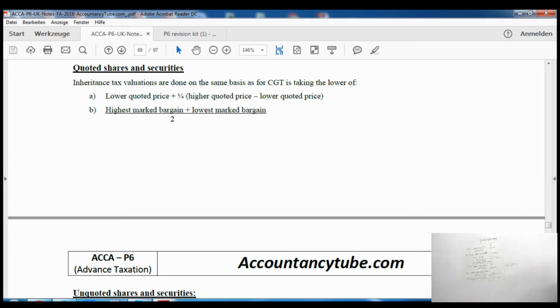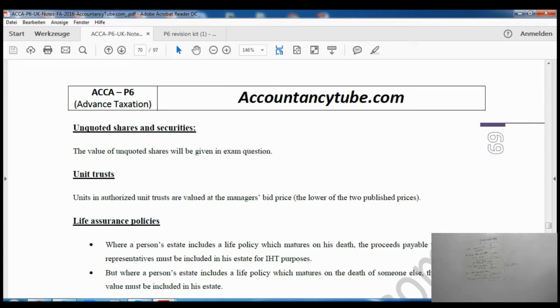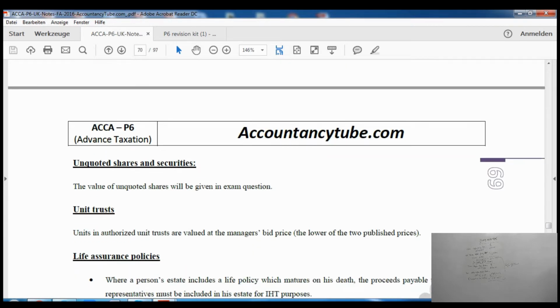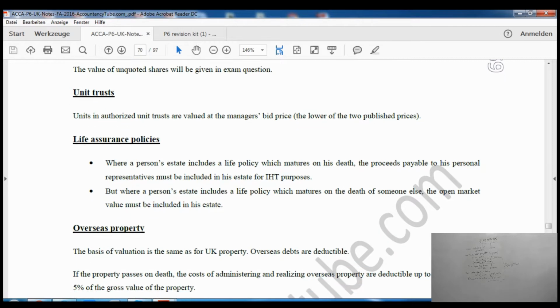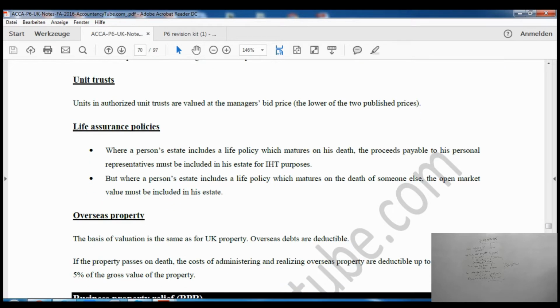And the remaining one is going to be average of highest marked bargain and the lowest marked bargain. So it is basically average of the marked bargain. So whichever is lower of these two, you'll have to use that one. For unquoted price, it will be given to you in the question anyway. And unit trust, you will have to choose the lower price of the two published price. So basically it is called manager's bid price. Two published price will be given to you in the question. For unit trusts, you'll have to use the lower of these two,